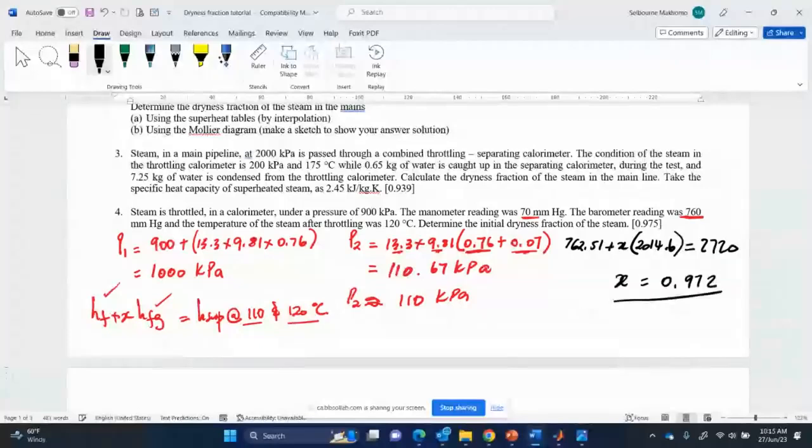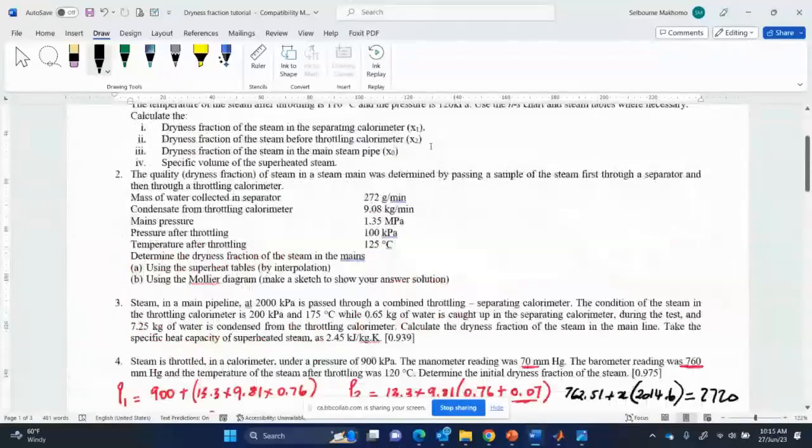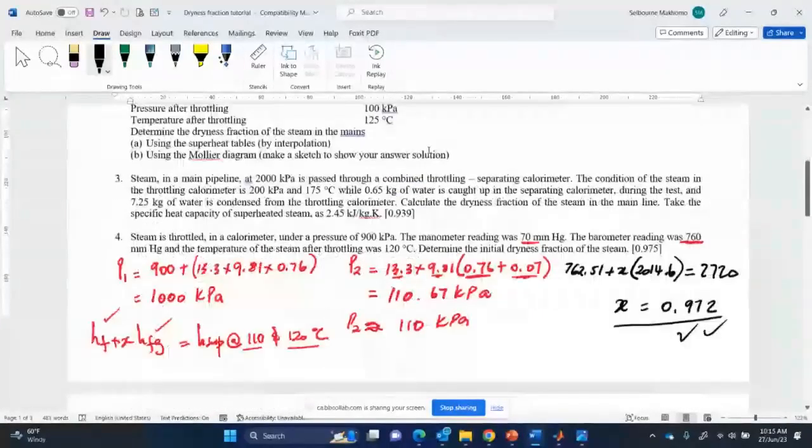Therefore, our x in this case is equal to 0.97972. Okay, so the answer that we have here is 0.975. So never mind about that 5. The most important values are those 9 and 7. These are the most important ones. So 0.972 is the correct answer. I give you full marks for that. And question 3, 2, and 1, if you understand the last 3 questions, you should be able to